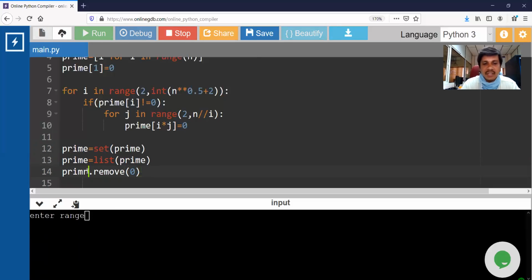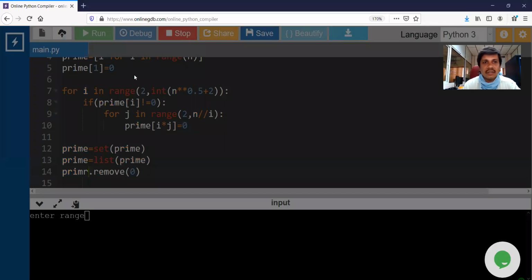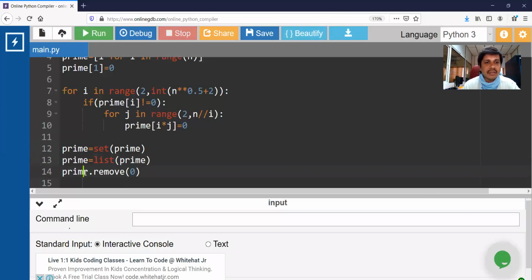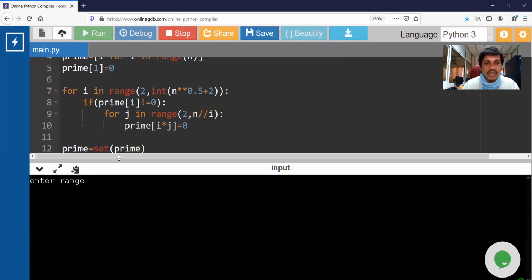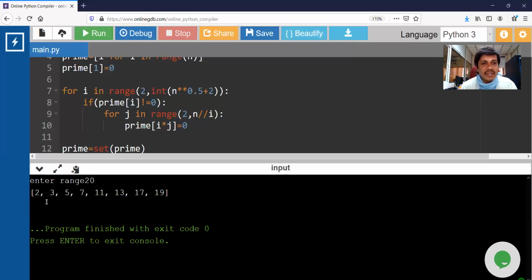Spelling mistake. So the range is 20. So these are the prime numbers from 2 to 19. Sorry, 2 to 20. Range is 20. Okay.